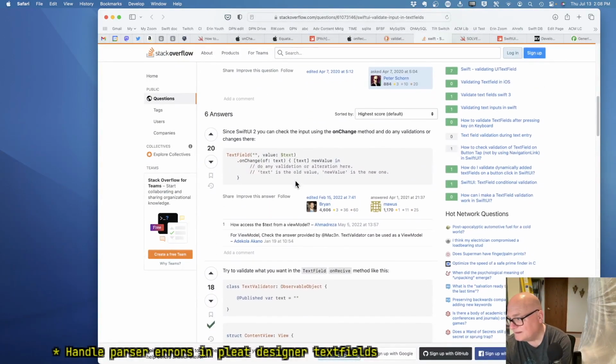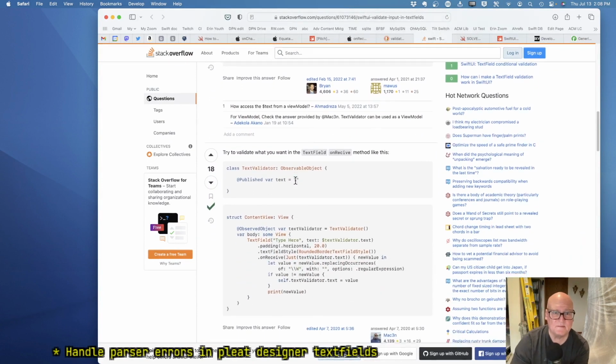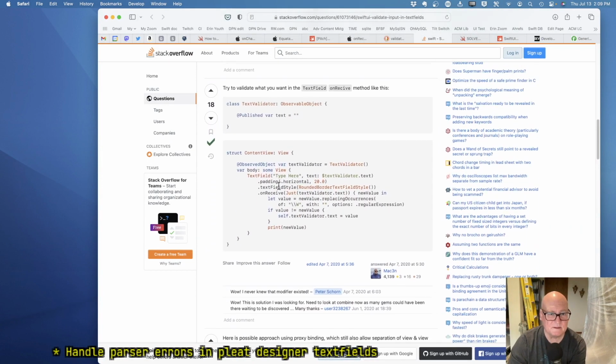Okay. Yeah. Okay, this is sort of like what we want. Let's just text validator.text. Well, that's the object. What is just?